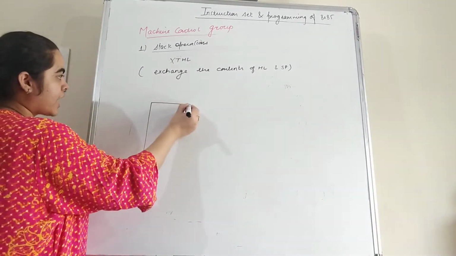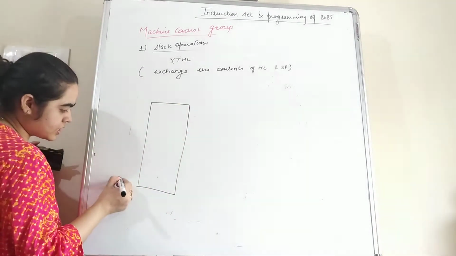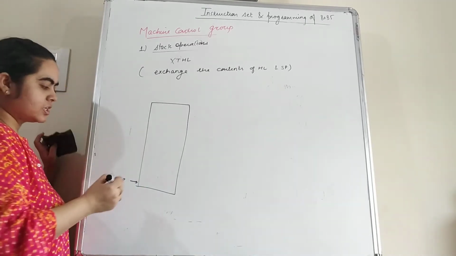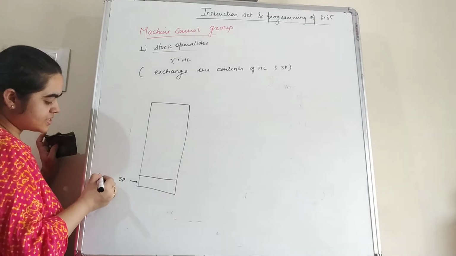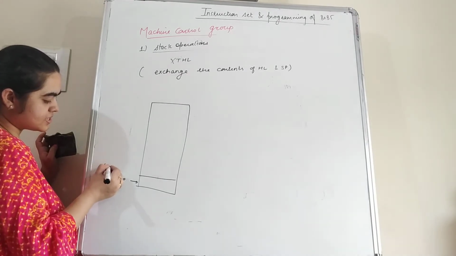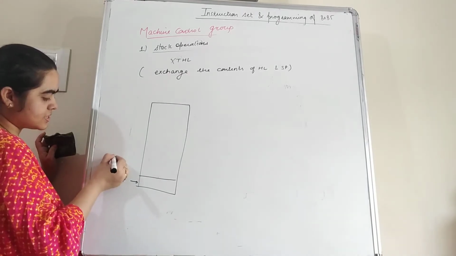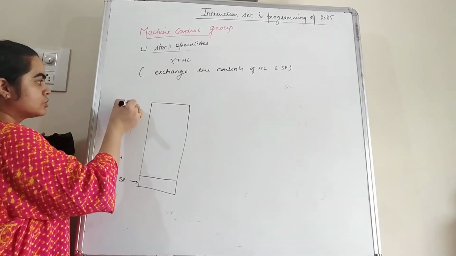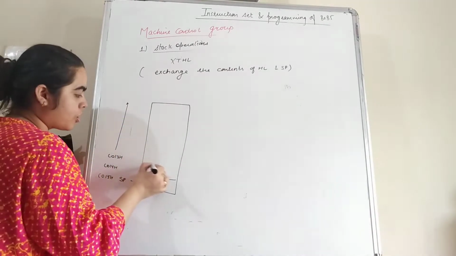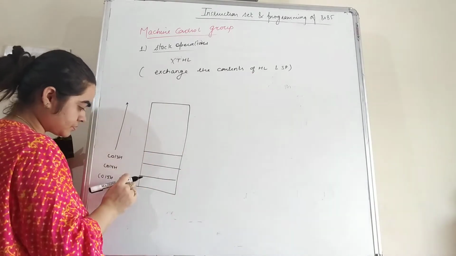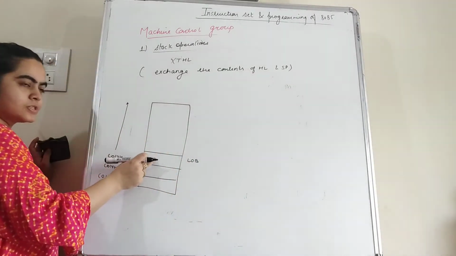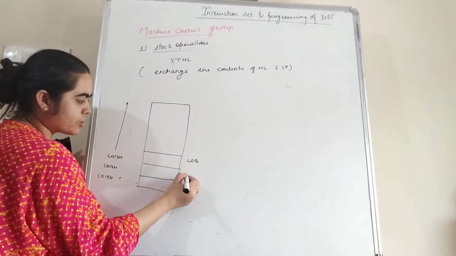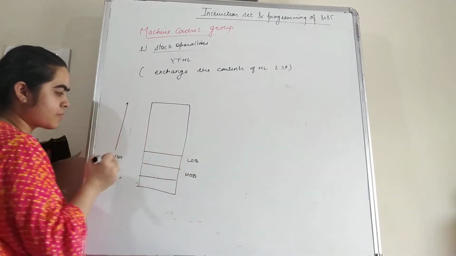So this is the stack pointer. The current location of the stack pointer is this, and the memory locations are, suppose, C015H, next is C014H, next is C013H, and so on in decrementing order. Students, the lower order byte will always be stored at this location, and the higher order byte will be stored at this memory location.